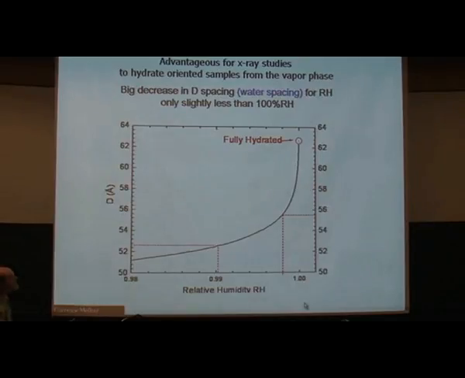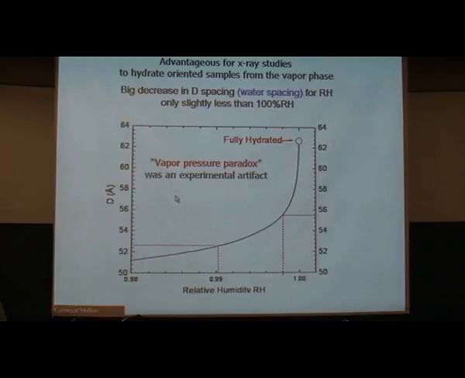But as I lower the humidity by a little bit to 99.8% relative humidity, I've lost a lot of that water between the bilayers. I've lost something like 6 angstroms. Okay? And when I go down to 99% relative humidity, I've lost over 10 angstroms. And now the bilayers are getting close enough together that they start to interact, and we don't want that because most of the membranes in cells are not close together. Occasionally they are, and that's an interesting issue regarding interactions between bilayers, but for most of them we don't want to do that, so we want to be up here.